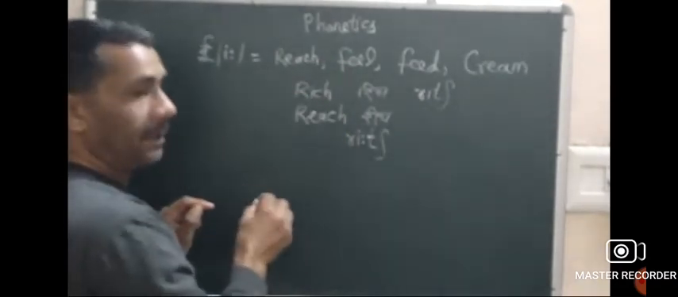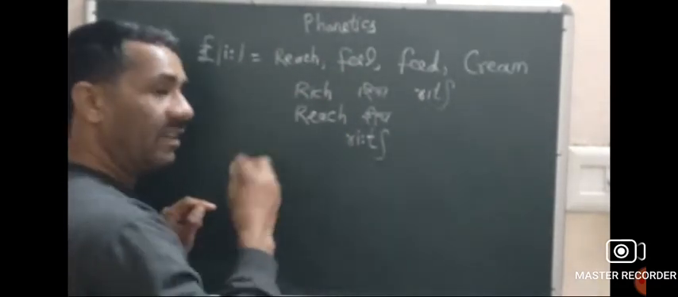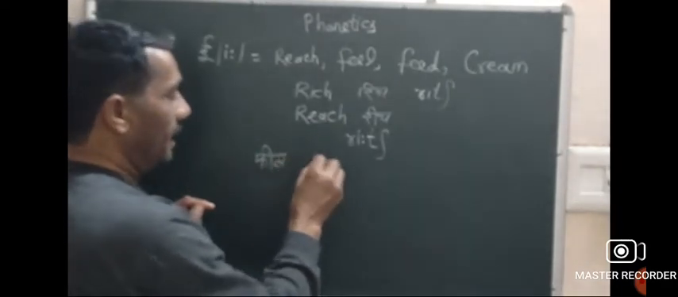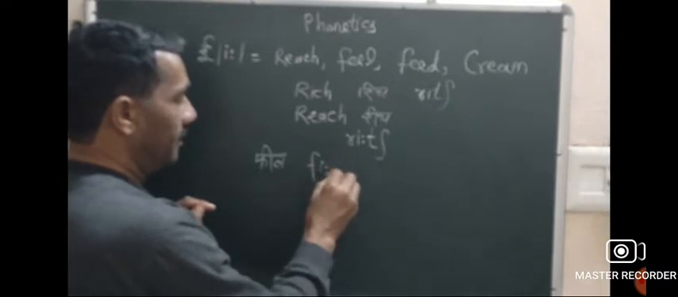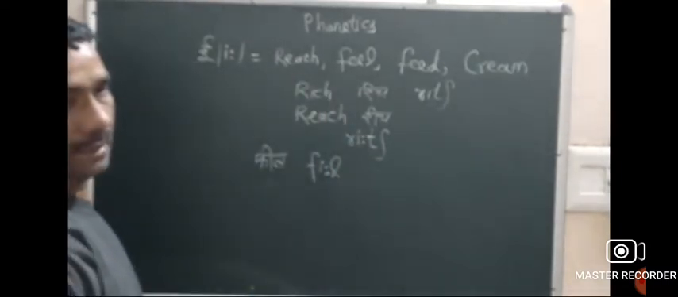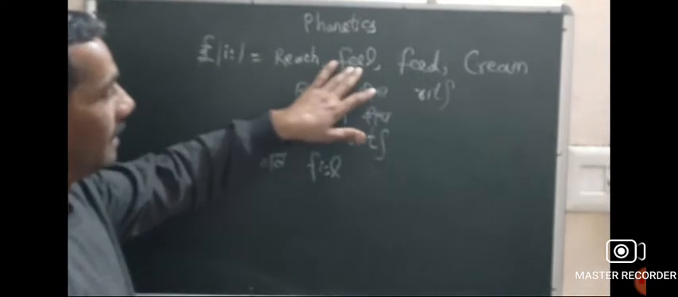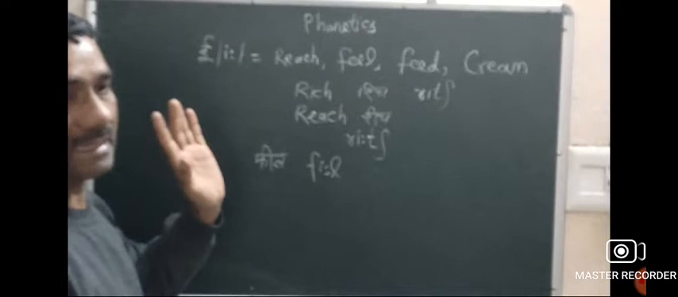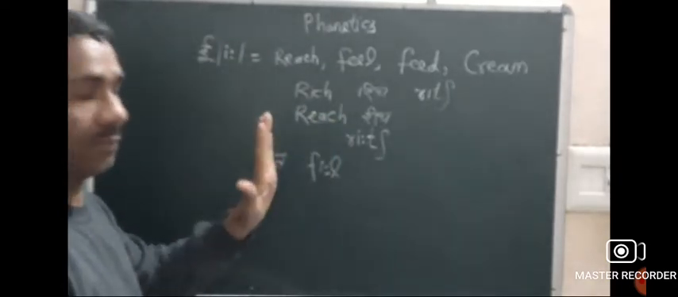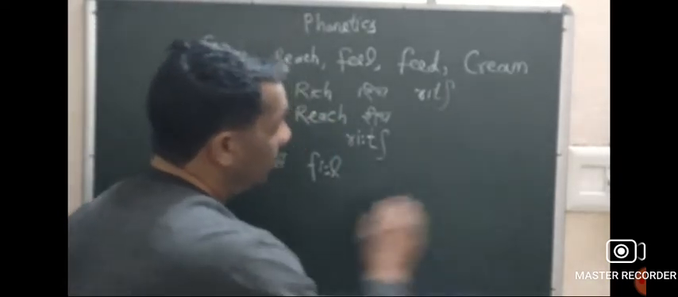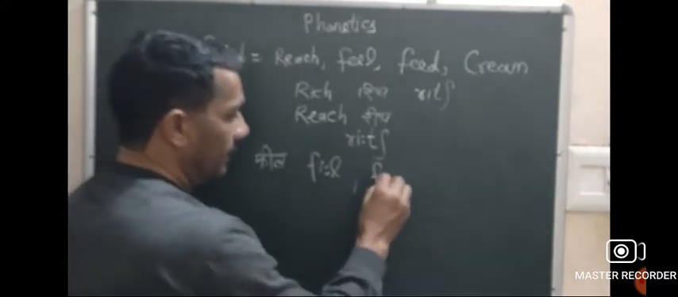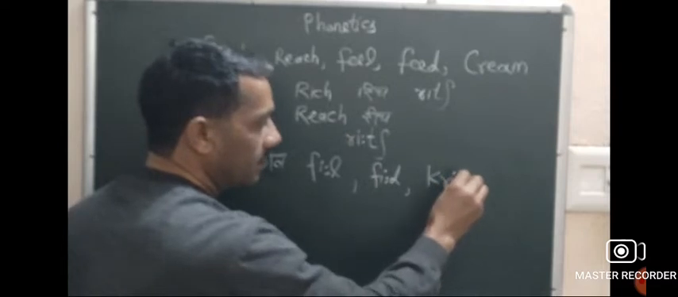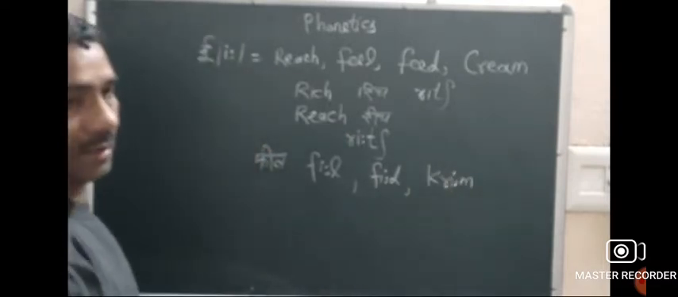Reach. Then feel. Again we take some time. Feel, F. As we discussed in phonetics, there is no double, everything is single. There is no half, everything is full. Now, feed, cream. In this way, you can